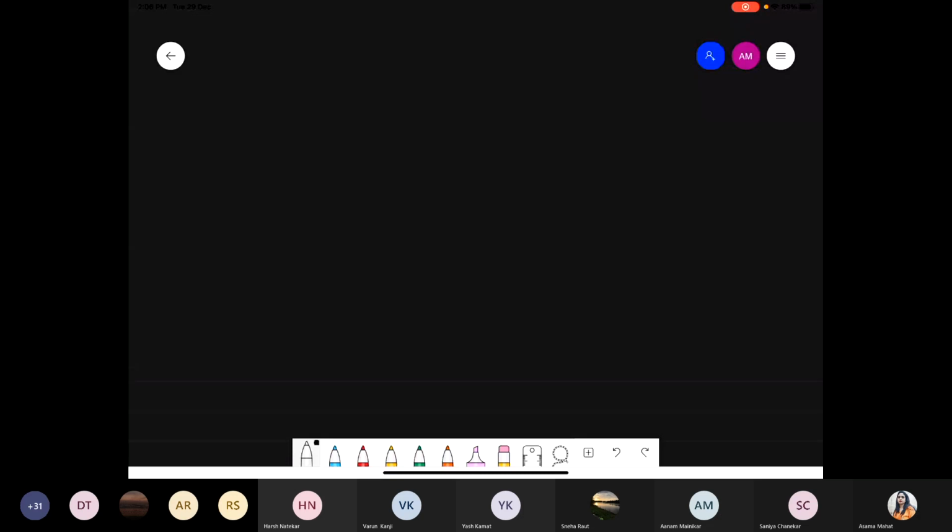So in the last class we already started with root anatomy, and within a single diagram we discussed the difference between the dicot and the monocot root. Now we are talking about the next part of anatomy, that is stem anatomy. In the case of the stem, we are taking two separate diagrams for dicot as well as monocot. First we talk about dicot, and immediately we compare those points with monocot.